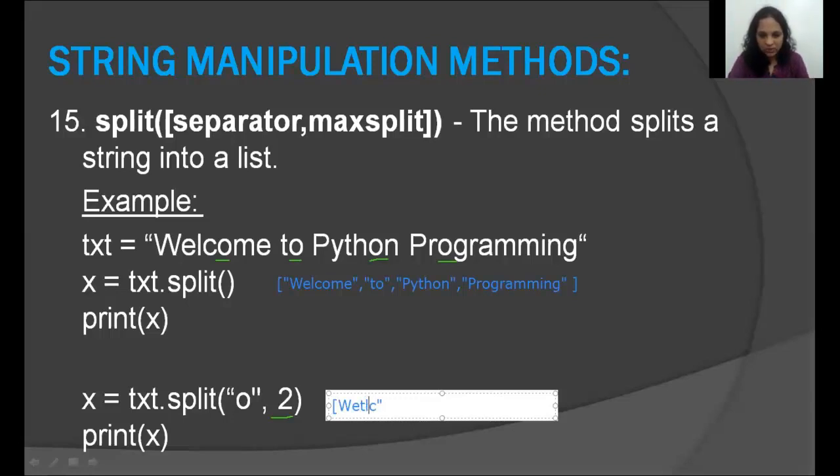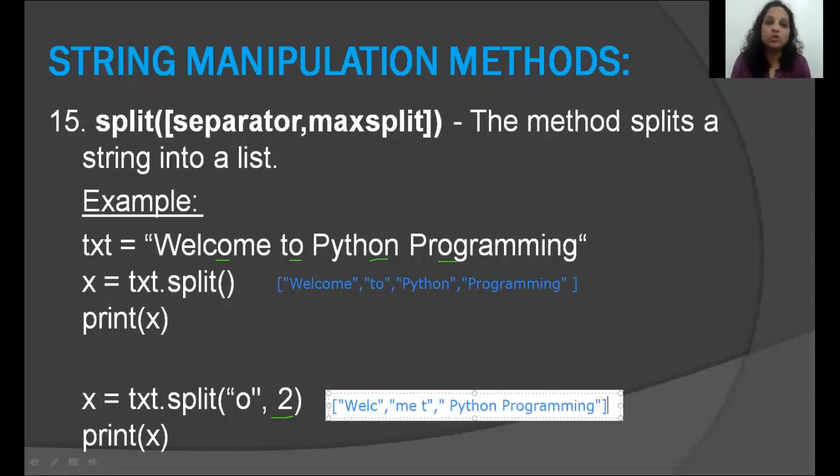Okay, that's going to be my first string, comma, my second string is going to be ME space T. My next string is going to be everything that is remaining. I split at O, so that's space Python programming. That's going to be my third string, because I said split it only 2 times.